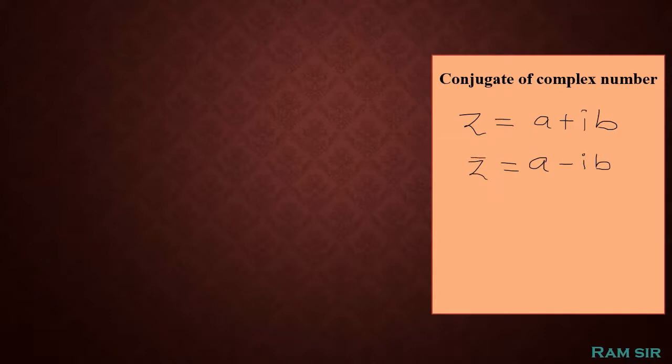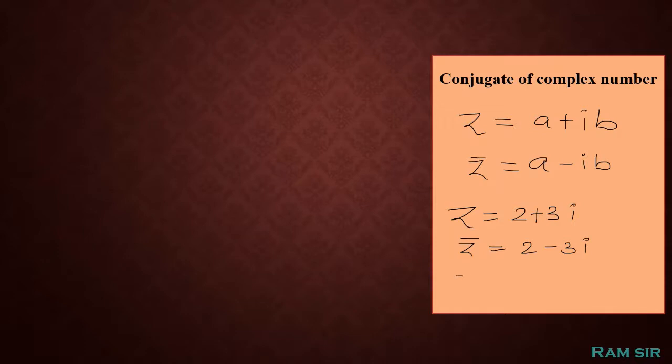सेम जो कॉम्प्लेक्स नंबर के लिए अल्फाबेट यूज हुआ था उसके ही ऊपर एक लाइन ड्रॉ करना है, विच इज कंसिडर एज जेड बार. मतलब जेड इज अ कॉम्प्लेक्स नंबर एंड जेड बार इज अ conjugate of the given complex number. Let's understand, if we have a complex number 2 plus 3i, so its conjugate, it's very simple. We are writing z bar is equal to 2 minus 3i.